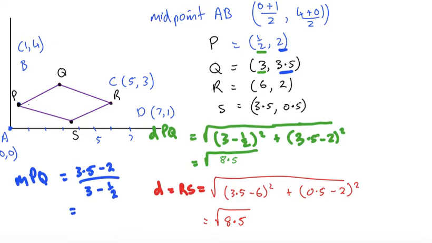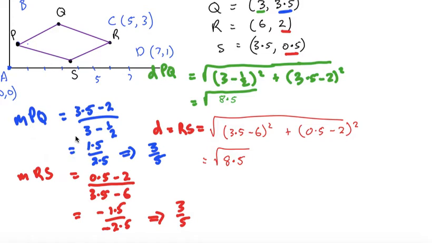Do the same for the gradient of RS. We did PQ, so this gradient of RS would be the same. I'll write it under there, see what we get, and we'll check in a second. Right, so it's clearly shown that the gradient of PQ is equal to 3/5 there, and the gradient of RS